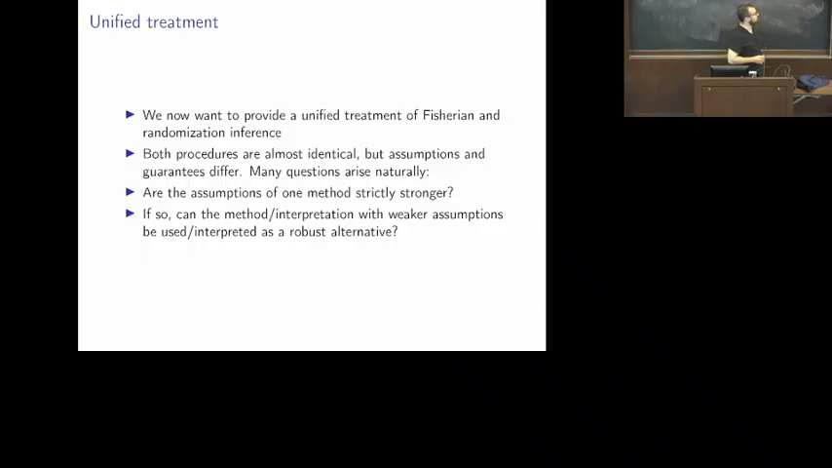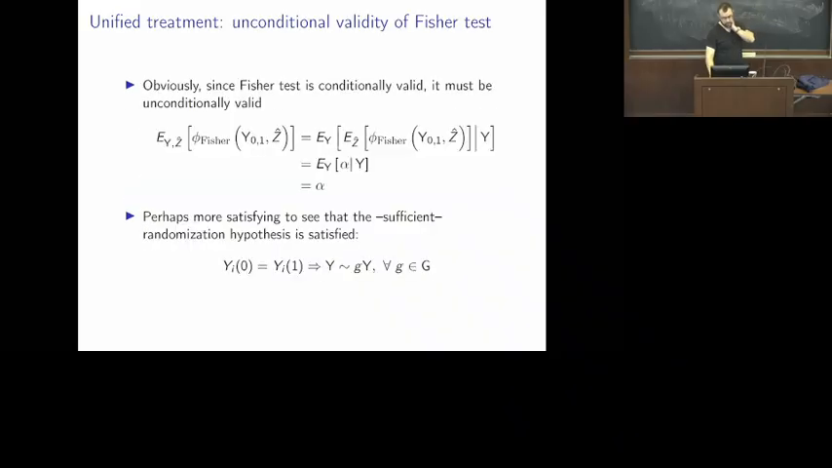So are the assumptions of one method strictly stronger? We've already answered that, yes, for the Fisher test. And if so, can the method with the weaker assumption be used as a sort of robust alternative? The answer is going to be yes there too, and that's going to be our first productive connection with methodological implication. Okay, so validity of the Fisher test, take the expectation over Z, now take the expectation over